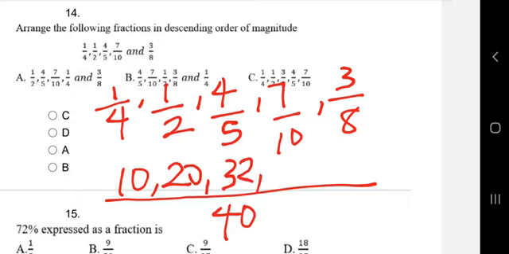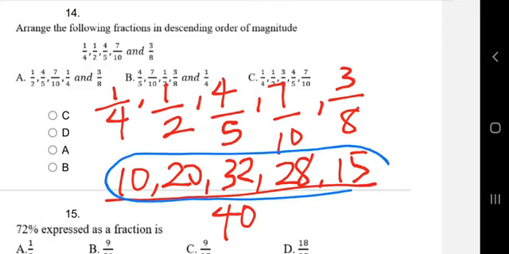Then the next fraction is 7 over 10. We use the denominator to divide 40, that gives 4. 4 times 7 gives 28. Then the last one, which is 3 over 8. We use 8 to divide 40, that gives 5. 5 times 3, that is 15. So we now use this to know which one is the bigger,